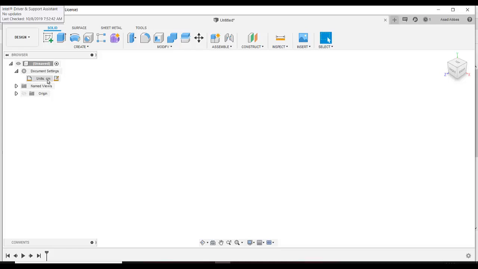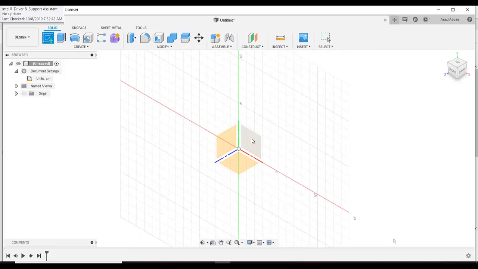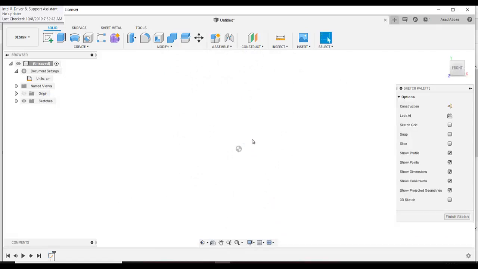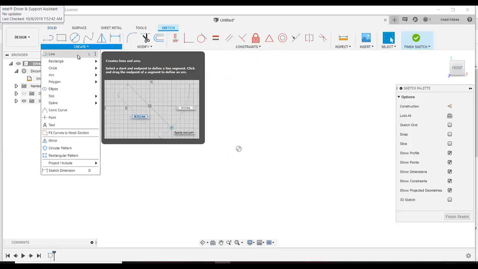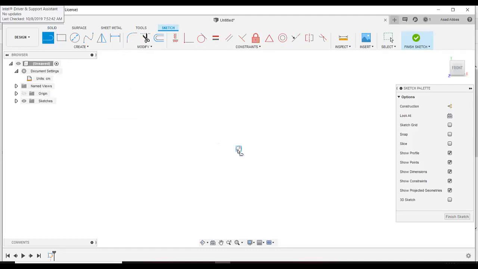After that, go to create sketch, because first we need to create this sketch and then we are able to revolve it. So create the sketch, and for the plane of the sketch, I am going to select this plane, the front plane. And when you select the front plane, the sketch will be in front of you. So first thing is that I'm going to select the line tool and draw a complete vertical line here,